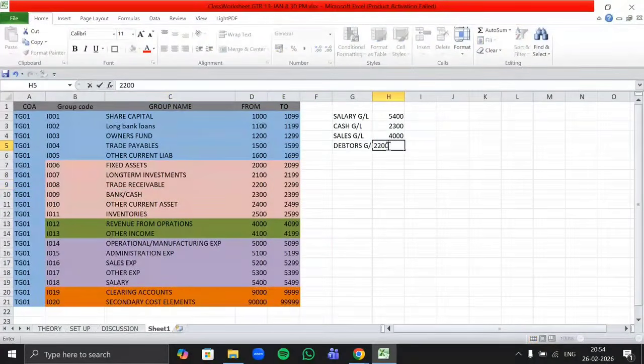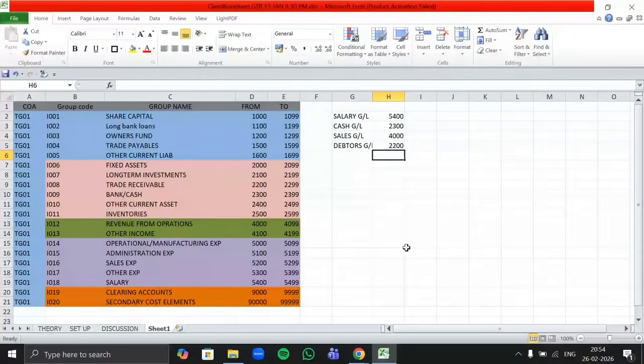Ma'am, trade receivable is also part of current assets, no? Can you explain how? Trade receivables come under current assets because current assets are for a short-term period, for debtors which are less than 1 year, and we consider trade receivable under this head only because we have to wind up the debtors within 1 year for closing the financial year.